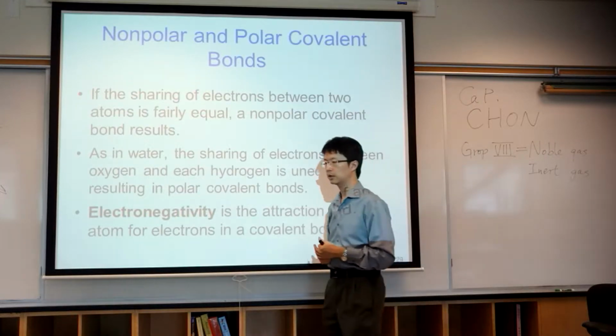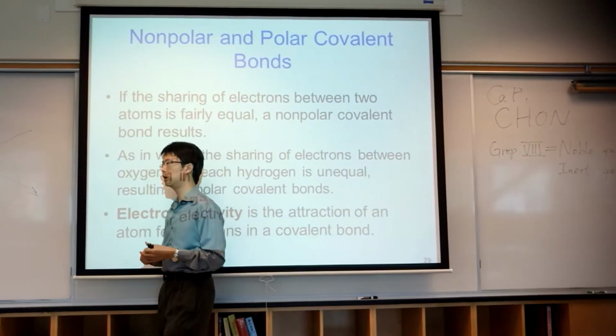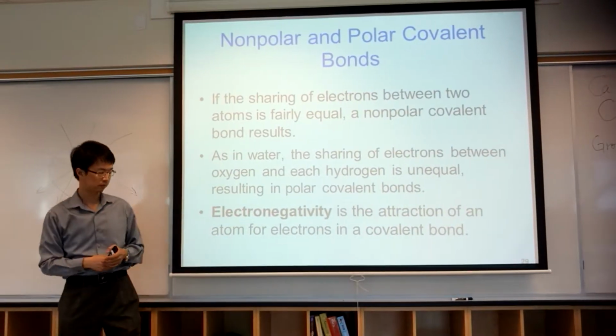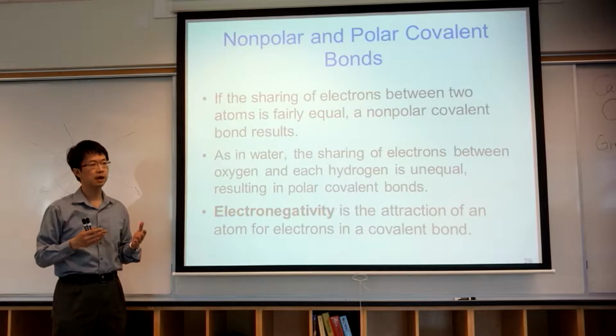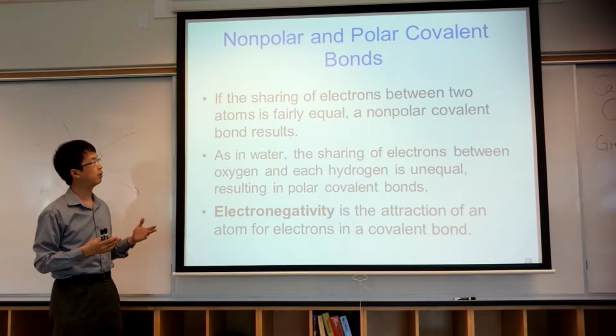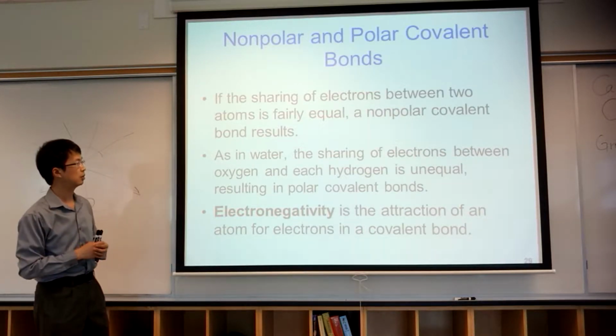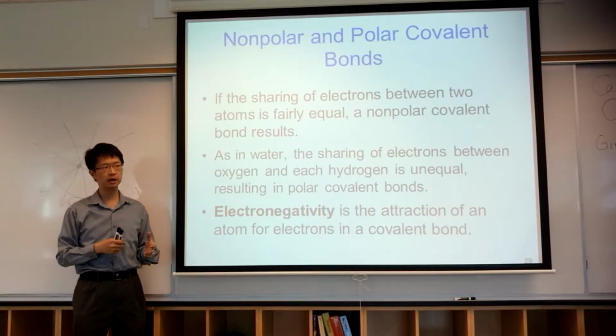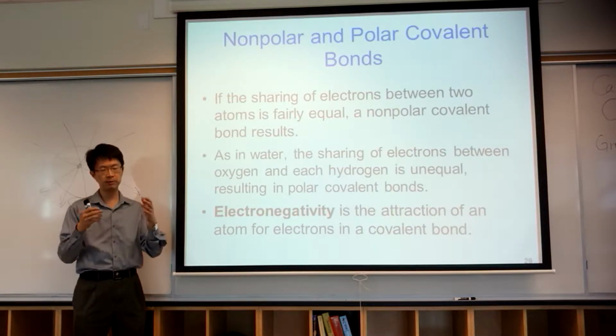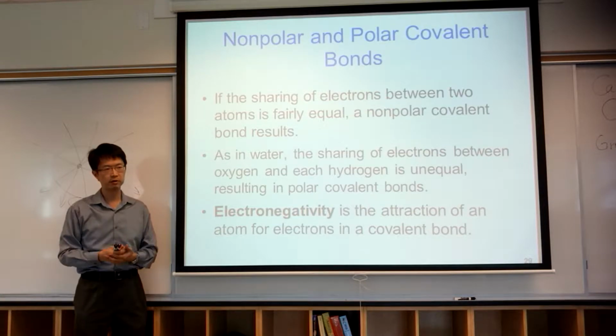Covalent bonds, as I mentioned before, are of two types. One is called polar, one is called nonpolar. What does it mean? Some atoms are like a bully. What do I mean? Okay, think about your high school nightmare. When you were in high school,